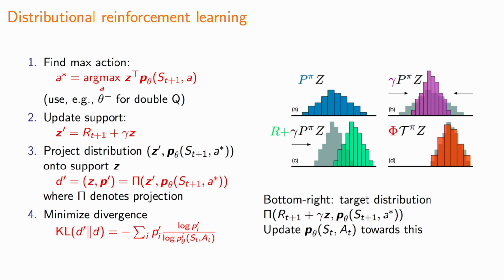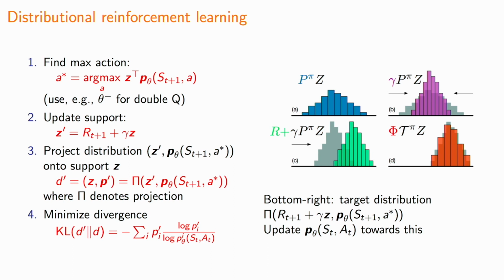And then we just use that basically as a target. But in the normal case, we can do a squared loss, essentially. We update our value towards this target. In the distribution case, it's maybe more appropriate to use something like a Kullback-Leibler divergence, which is a typical thing that is used to match distributions onto each other. You can think of it as a loss on distributions where you normally use the squared loss, if you're not that familiar with these.